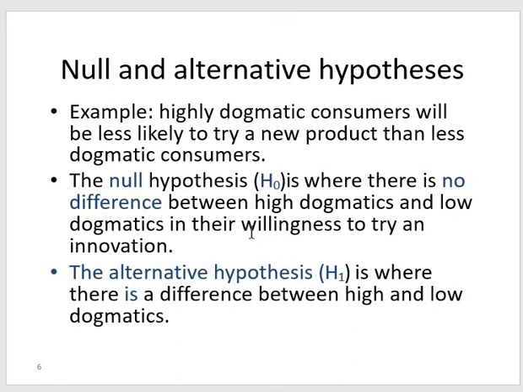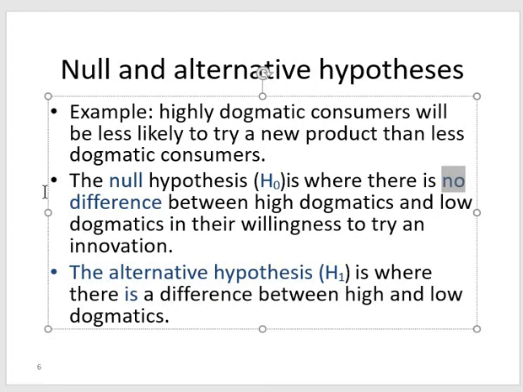So in my alternate hypothesis I am saying what? There is a difference. Here I have highlighted the word no. In the null hypothesis, there is no difference, and in the alternate hypothesis, there is a difference. So what we are trying to say is that whenever your null hypothesis is rejected, obviously your alternate hypothesis is going to be accepted, and it should be in that manner only.